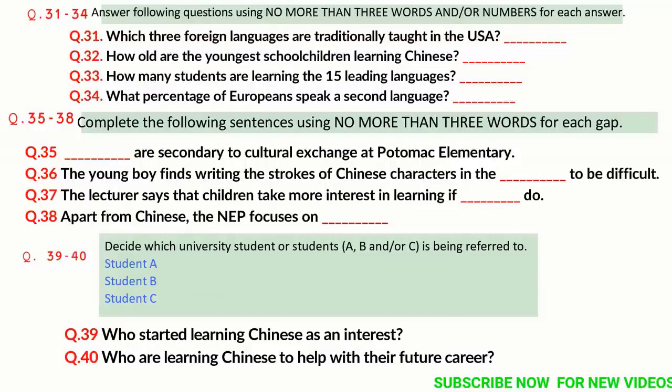At first glance, weighty national priorities take a back seat to the fun of cultural exchange at Potomac Elementary. Hallways are festooned with Chinese art and learning aids, such as stuffed animals labelled with Chinese names. Children sing Chinese folk songs and American nursery rhymes in Chinese. In the 5th grade